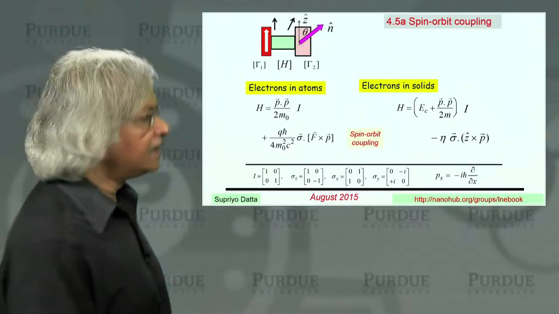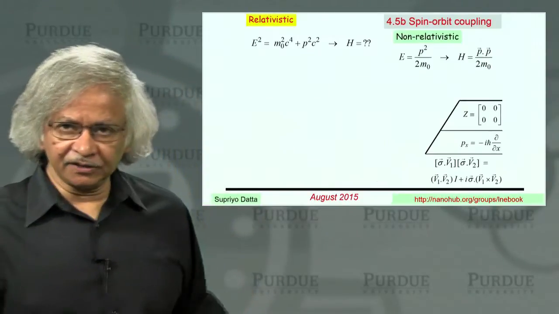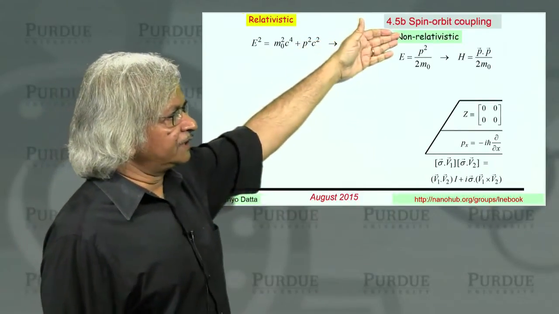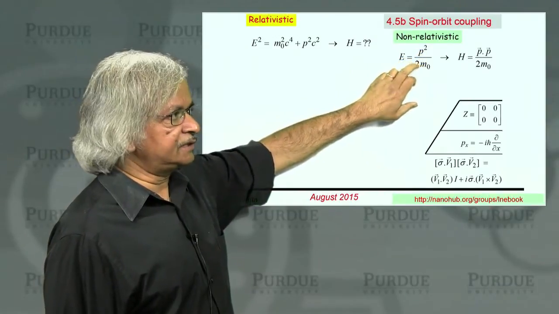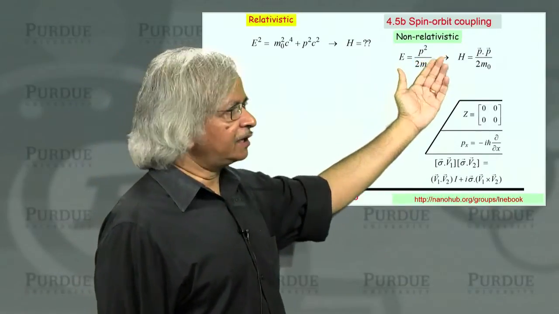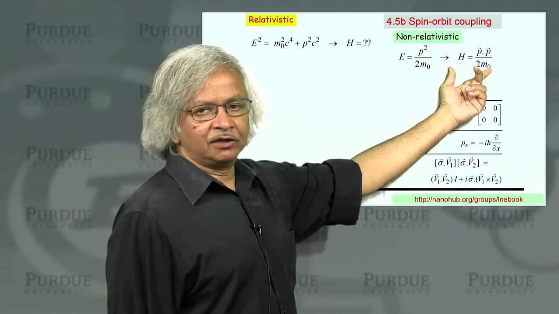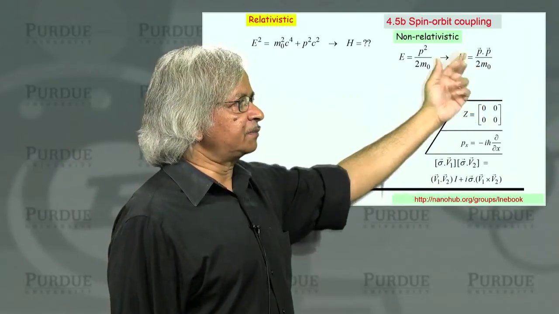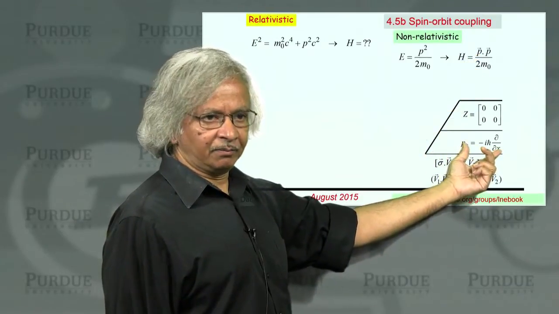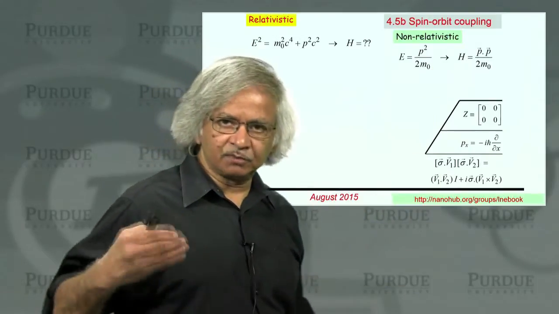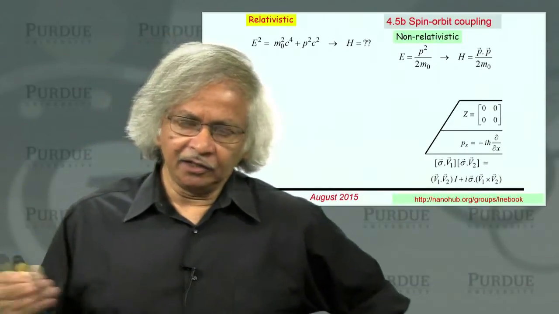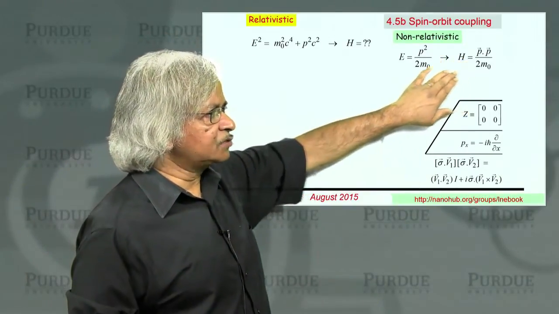So as I mentioned, this is what you call a relativistic correction, which means it originates from a relativistic effect. Now, the non-relativistic energy momentum relation is E equals P square over 2m. That's the semi-classical equation, and the Hamiltonian you use in a quantum description is obtained from this by replacing the P with the P operator, or the momentum operator. And as you know, this leads to this dispersion relation, the E-K relation, where instead of P, if you put h bar K, you'll get the E-K relations. So this is what we have generally been doing.